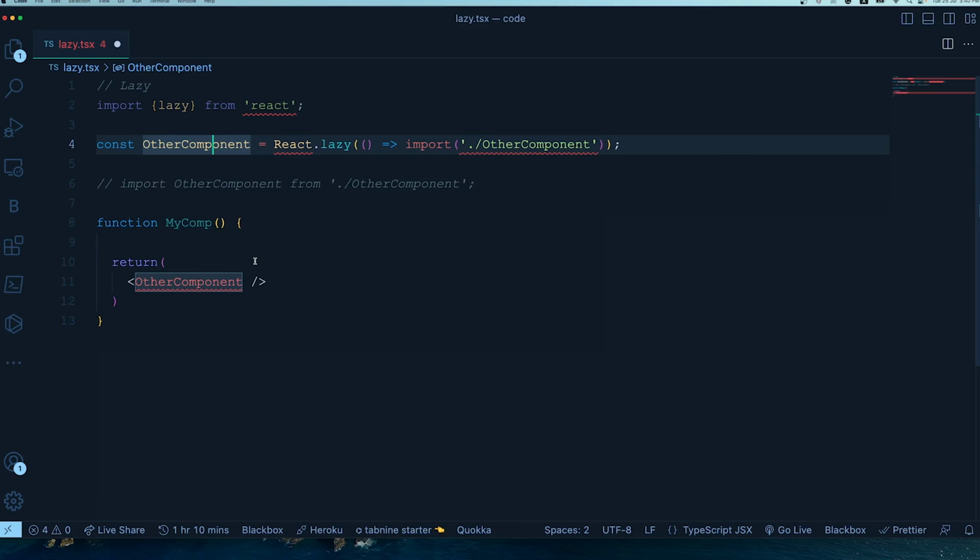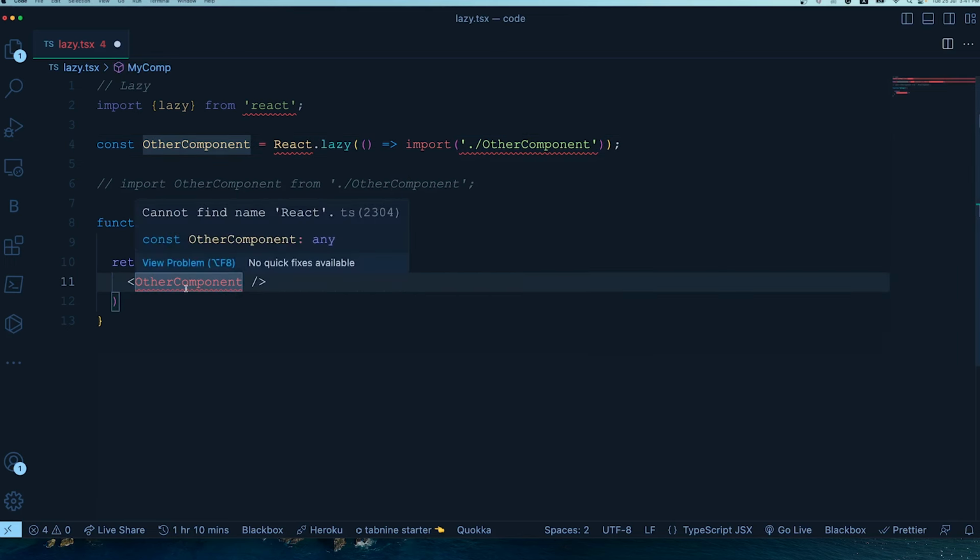Now, while we are explaining lazy, there is another part that comes into the picture automatically, which is called suspense. So let's talk about suspense a bit. What is suspense? Suspense is again a component that React gives out of the box, which we will require for our lazy functions, basically to wrap the lazy components. Why we want to wrap the lazy components is because sometimes when you are importing a component in a lazy way, loading it may take a while.